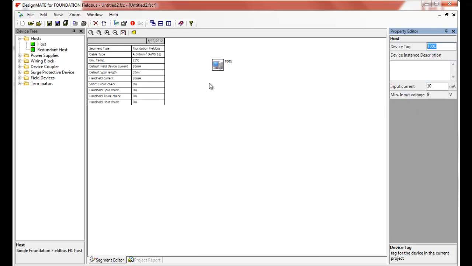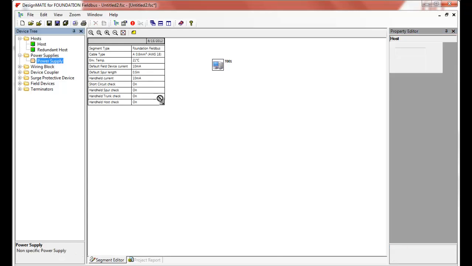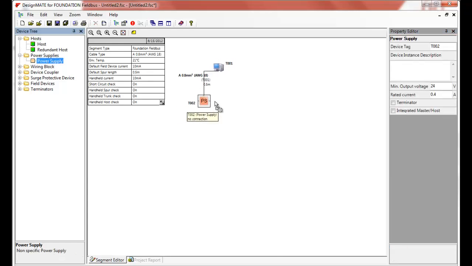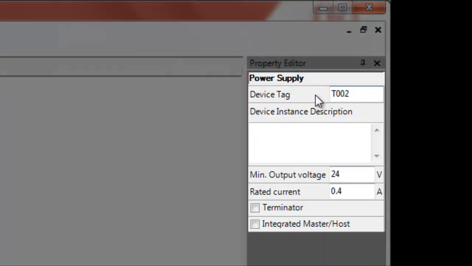But let's go ahead and go down here and pick a power supply that you're going to use. All you've got to do is get close to it. See how it automatically connects? It automatically will drop that wire right there. And again, same thing as before, you can give yourself a tag, do some voltages and description,